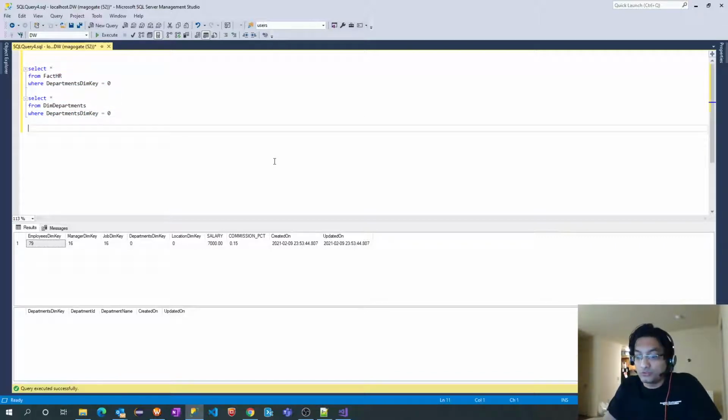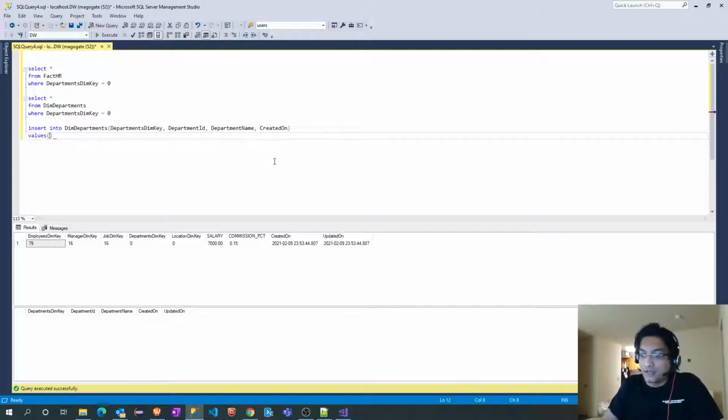So what I will do, let's insert into the departments table, and I will use department key, department ID, department name, and created on. Values, I will use 0, 0, department name I will give as a, and get date.